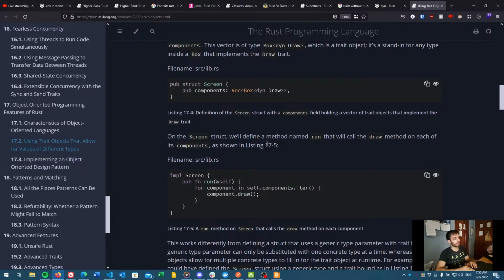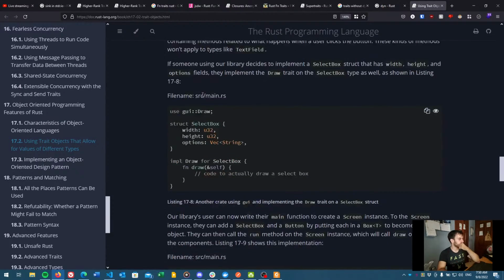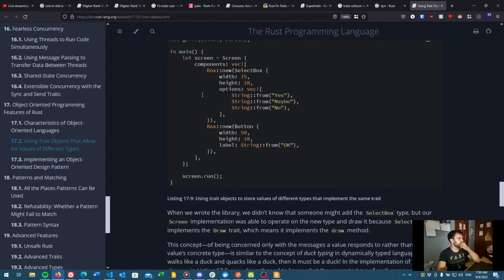I'm actually getting it. I think it makes a lot of sense when I put it that way. So you've got the Screen struct, which holds the components, the Box<dyn Draw>, and the implemented screen components. It makes a lot of sense. So, making it as short as possible,